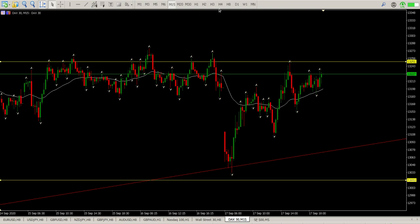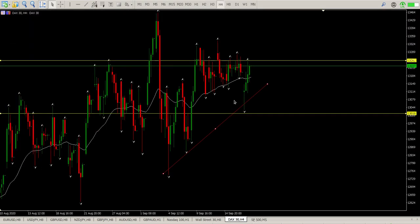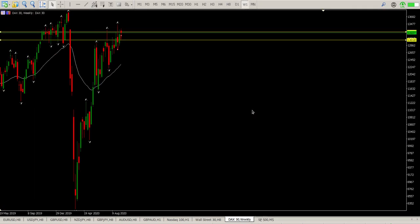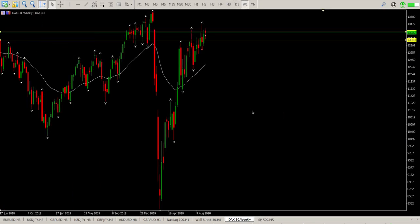I'm not interested in this range. I mean, look at that on the 4 hour. There's absolutely no reason why you want to be in on that. And if we just take it to the weekly, you can see we are forming a bit of a weekly wedge here. There's the underside of the wedge, and there's the top side of the wedge,